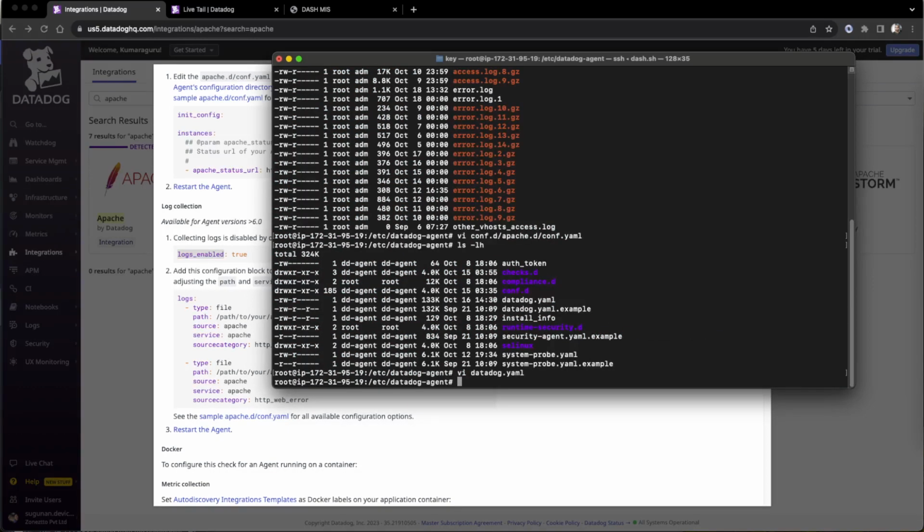Enter it. Then it will write it down. Now we have to restart that one. So the restart command on Ubuntu is this one, systemctl restart datadog-agent. So once we restarted, it will try to read, but the only problem is now the particular log files are in the adm